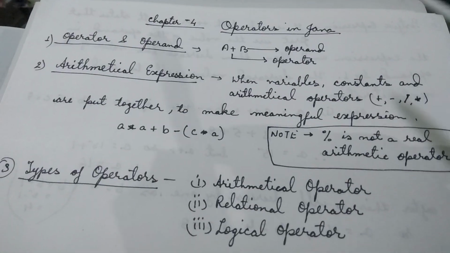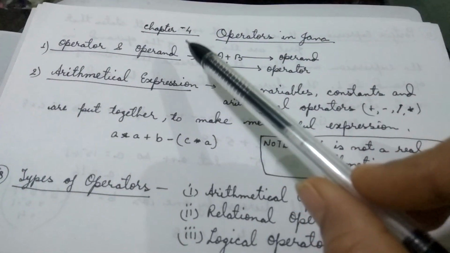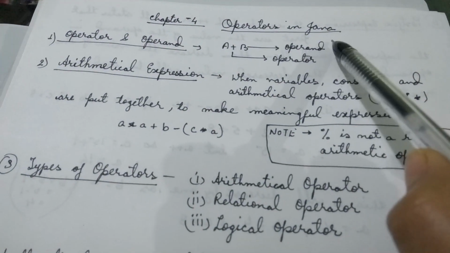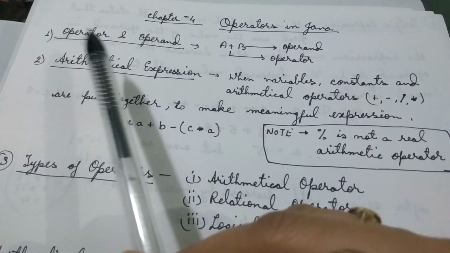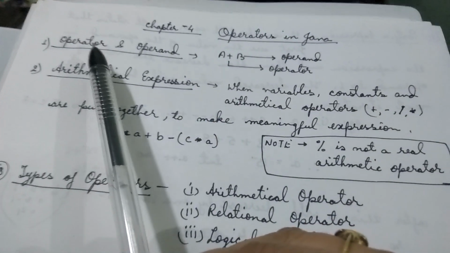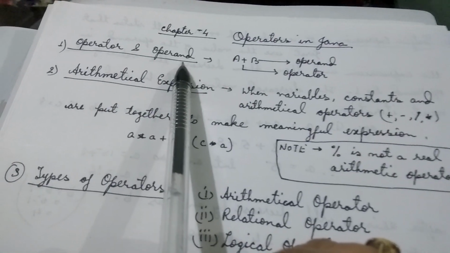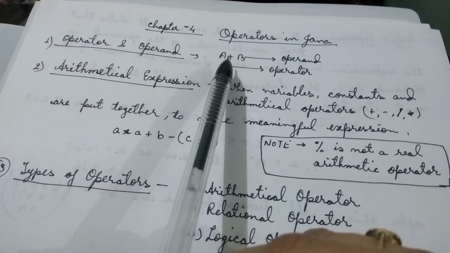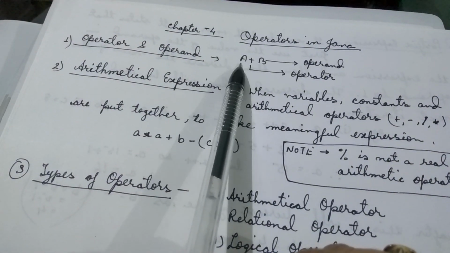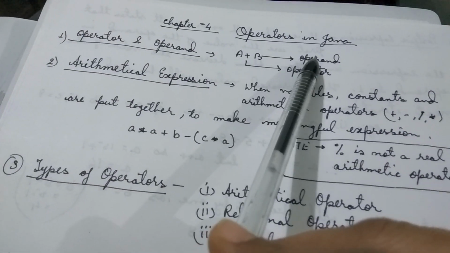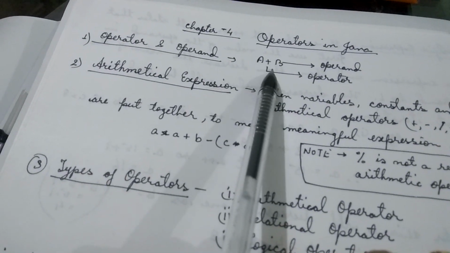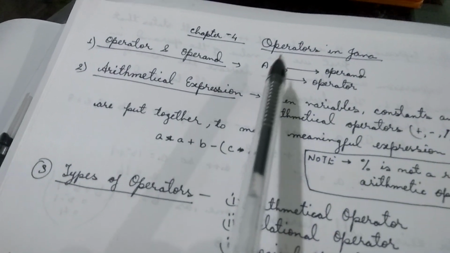Hello students, we have to start with chapter 4, operators in Java. In operators in Java, we first have to understand operator and operand. Now what is an operator and what is an operand? Suppose we have an expression a plus b. In this, a and b are the operands, and plus or any other arithmetic operator that we use is called